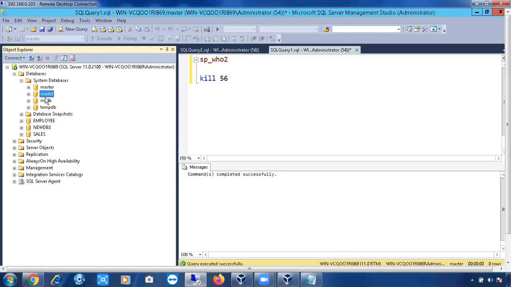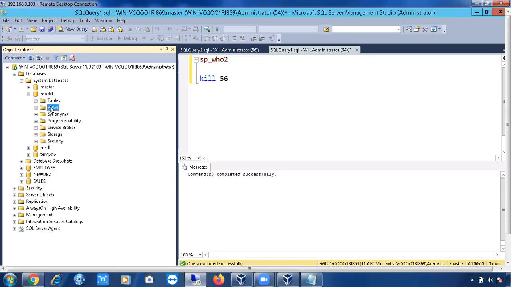Okay, fine. So my question is, whenever you are creating a new database, what exactly is happening in the background? It is trying to rename the model database, right? So that is what is going to happen once you create the new database. So for example, if I create a table in the model database, or any object such as a table, schema, or some users, will those objects be reflected in the newly created databases or not?